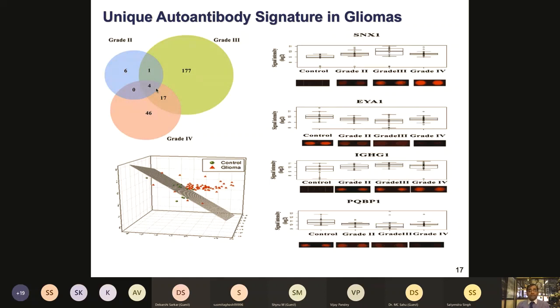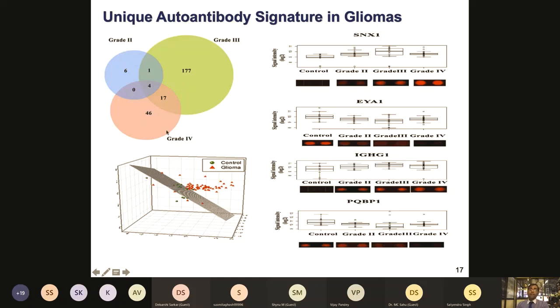One thing that's very interesting here is that we were not sure why we found so few autoantibodies in the low grade, but while talking to clinicians, we realized that in glioma there is a blood-brain barrier in the brain tumors, and with the higher grades, grade 3 and grade 4, the blood-brain barrier is getting breached, and a lot of proteins are infiltrating the blood at that time. That is the possible reason why in grade 2, when the blood-brain barrier is still quite intact, we have fewer autoantibodies as compared to grade 3, which is quite aggressive now, and many autoantibodies have leached out.